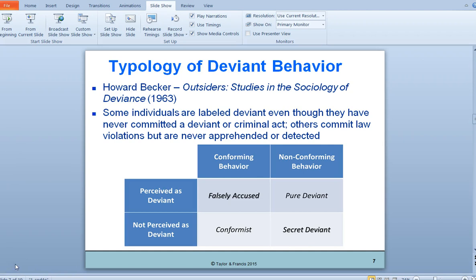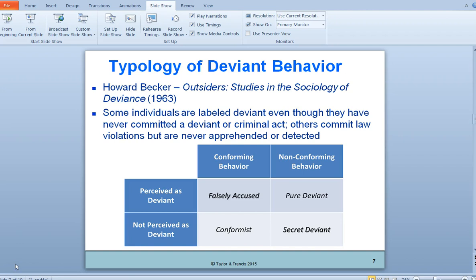Simply stated, he's really saying that deviance is a consequence of the application by others of rules and sanctions to an offender. It's not the quality of the act the person commits, but rather a consequence from society. The deviant is one to whom the label has successfully been applied. Deviant behavior is behavior that people so label. It's just the consequence of the response of others.